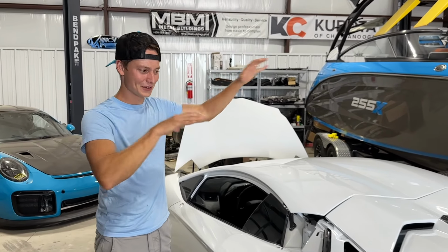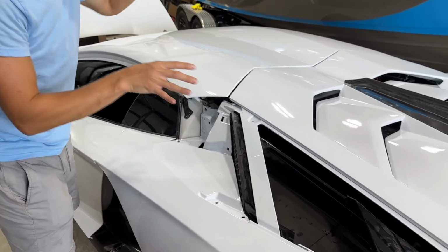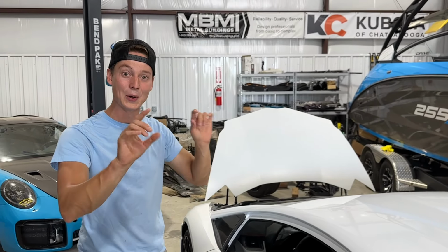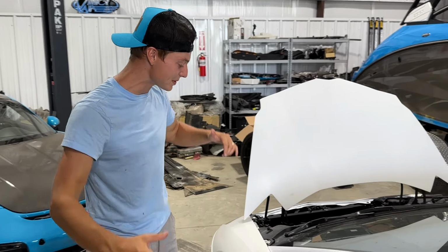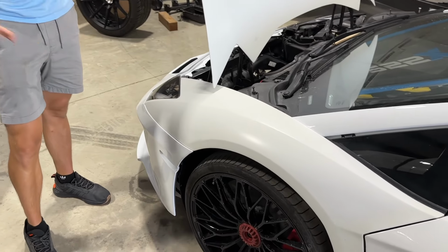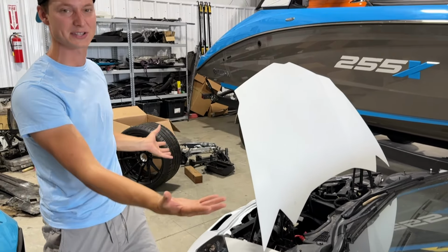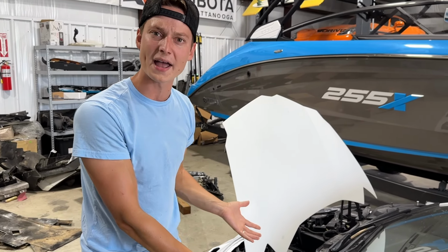All we got to do for this rear end is throw in these little scoops right here, but we got to first paint this section before we can actually do all that. So we're going to move on to the next thing, which is removing some of this clear bra right here. We've seen some of the comments where you guys were saying that it doesn't match the rest